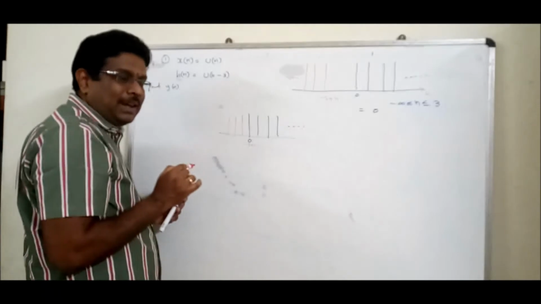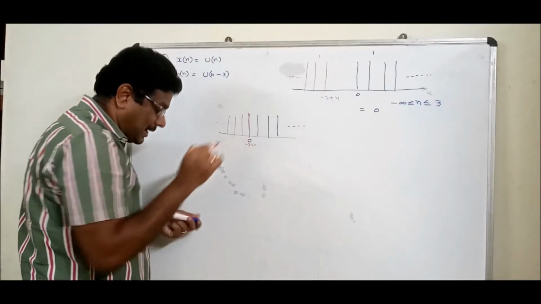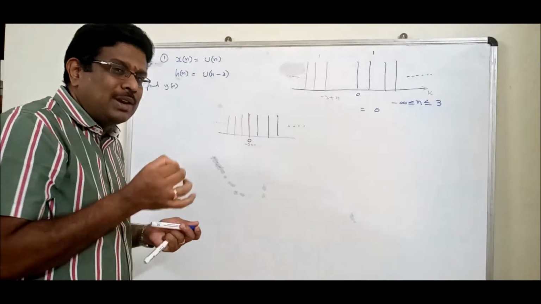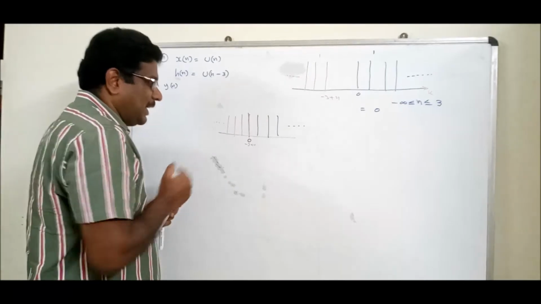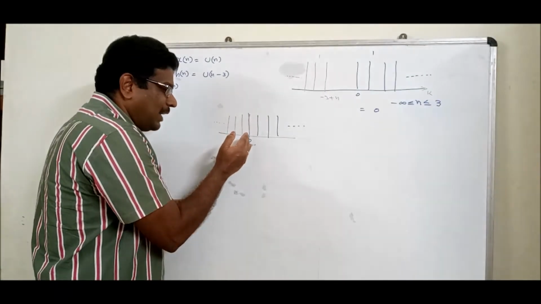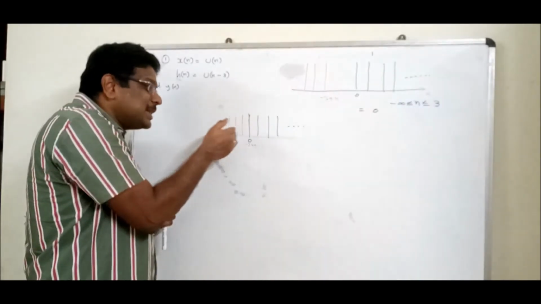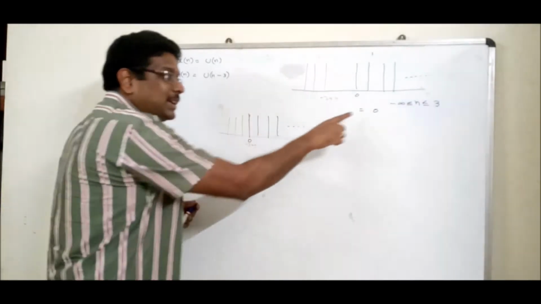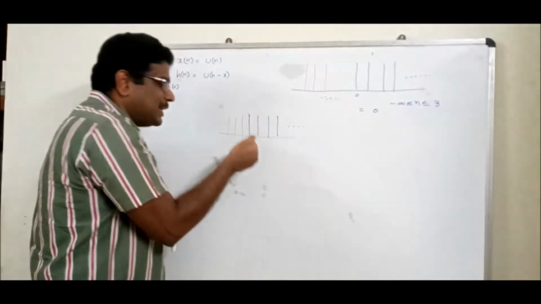If you multiply, it is not 0. In this location, 1 into 1 answer exists. That is the one small issue in discrete. So what is my advice here? It should touch or slightly before, one step before. Good, one step before. It should not touch. If it touches, it is not 0. It will be the next value, 1. Am I right? It should not touch. It is one step before.